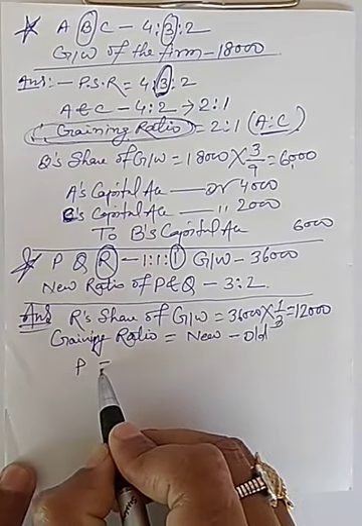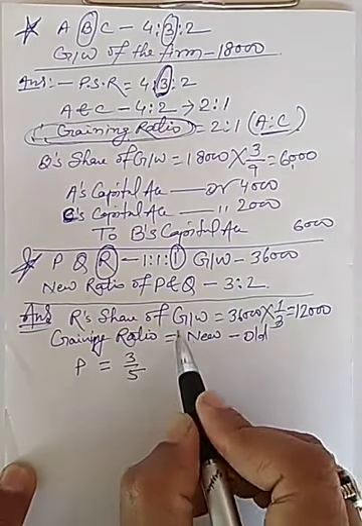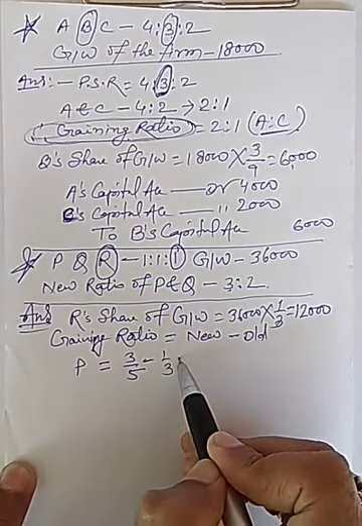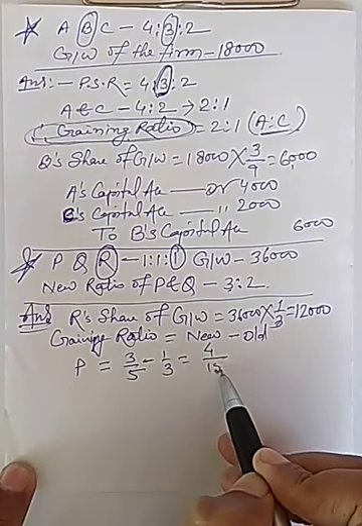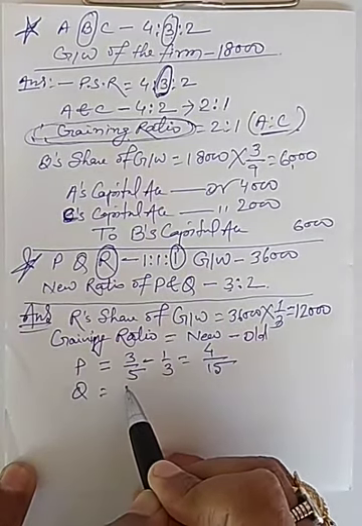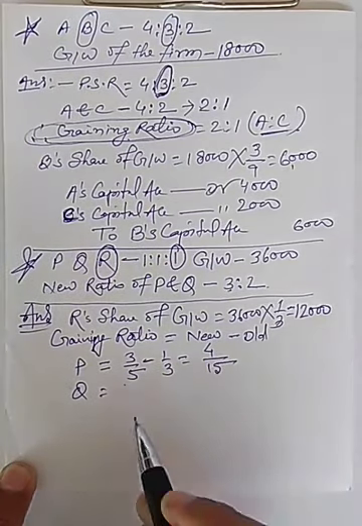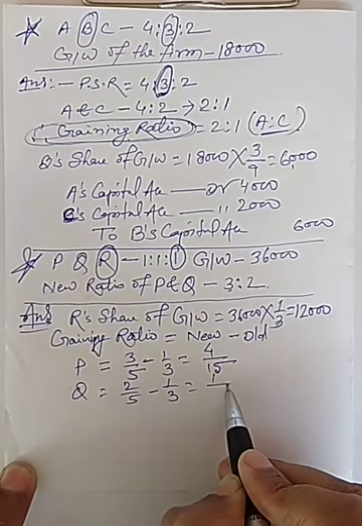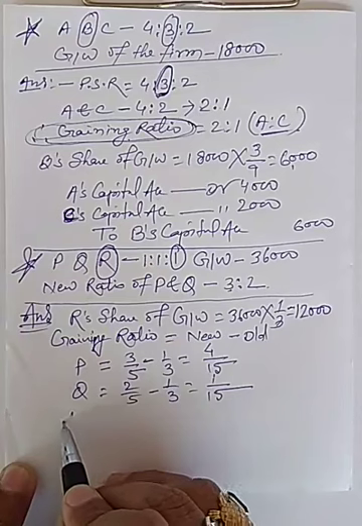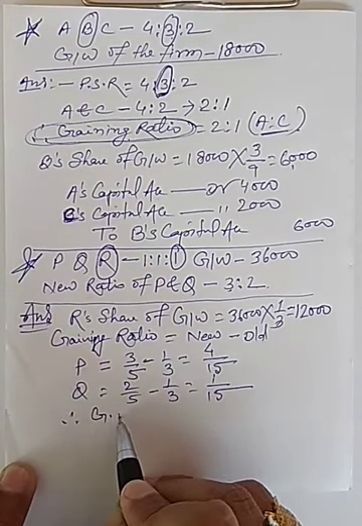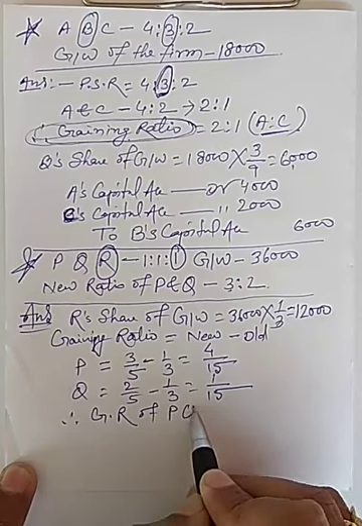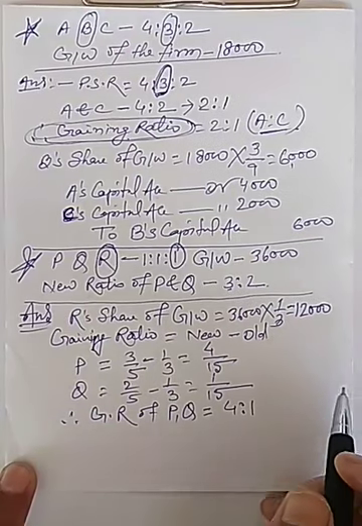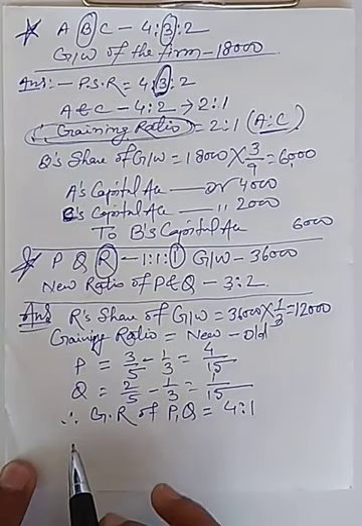So P equals 3 by 5 minus 1 by 3, it will be 4 by 15, and Q equals 2 by 5 minus 1 by 3, it will be 1 by 15. Therefore, the gaining ratio of P and Q will be 4:1, and therefore the journal entry will be